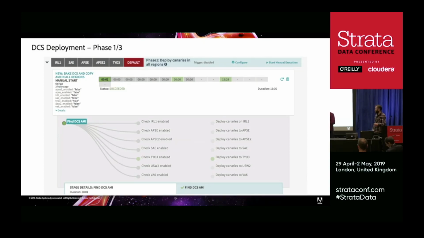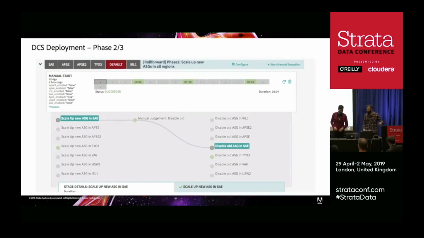So basically what this does is find the AMI and then deploy 2 canaries in the Tokyo region. So basically spinning up a new server group, a new autoscale group with just 2 servers in that region. After that, what we are doing is basically